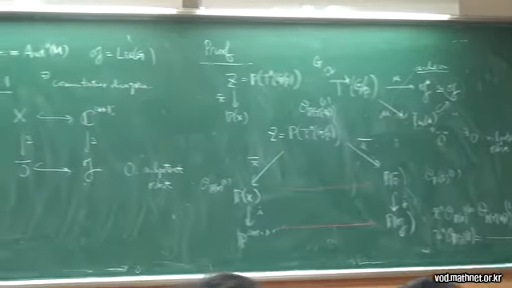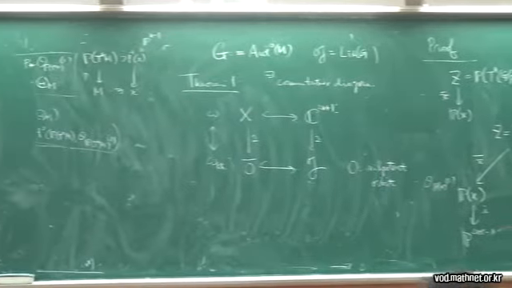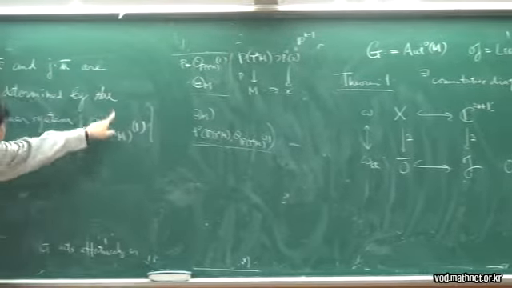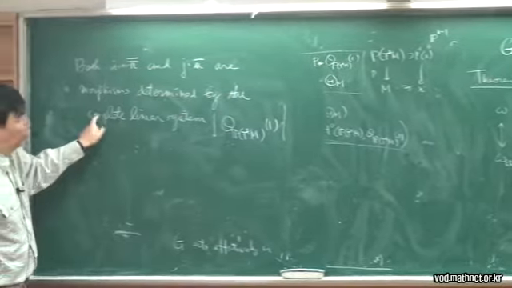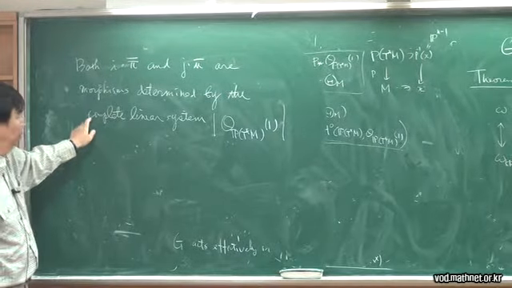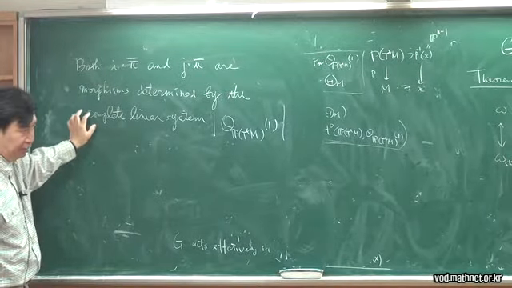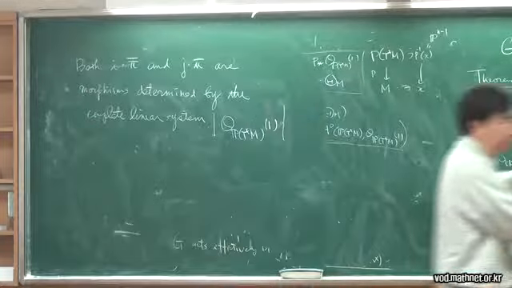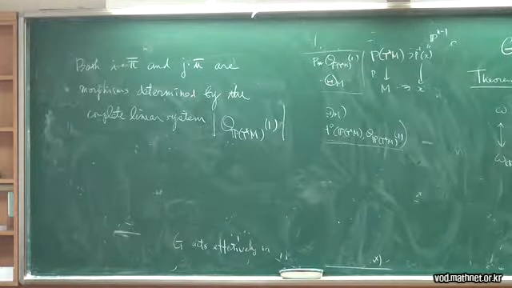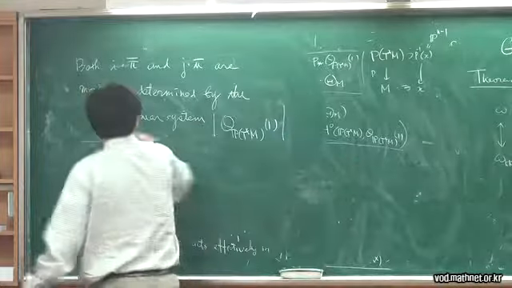So both these maps are morphisms determined from the complete linear system. Then it is the same. This is the same map to the same projective space. Then there is some linear transformation such that the image corresponds to here, and you have a map here. So I will omit this part.